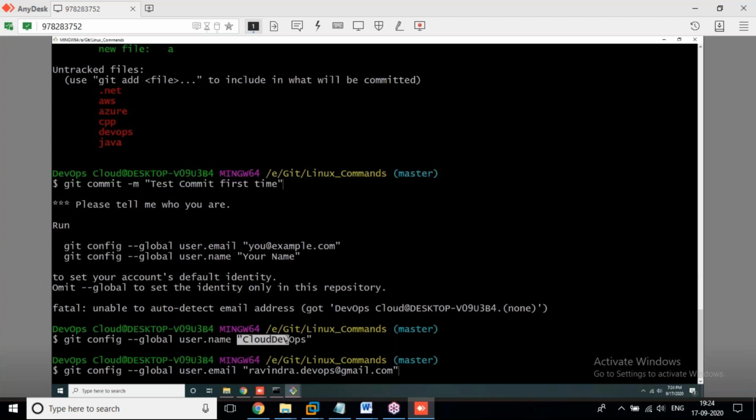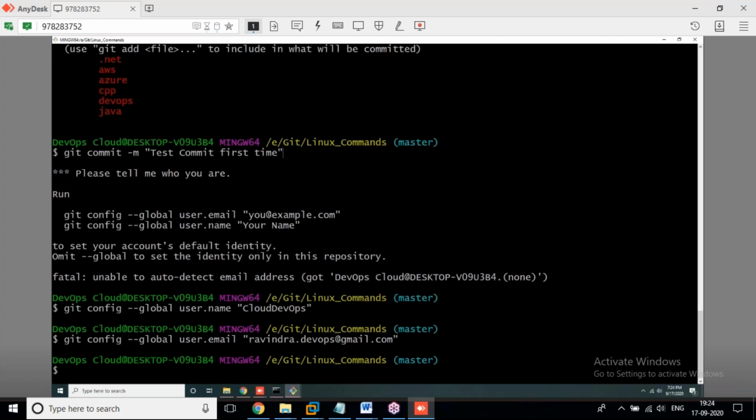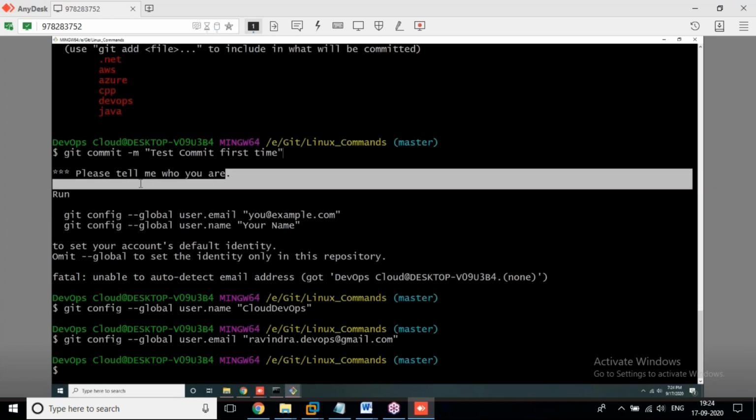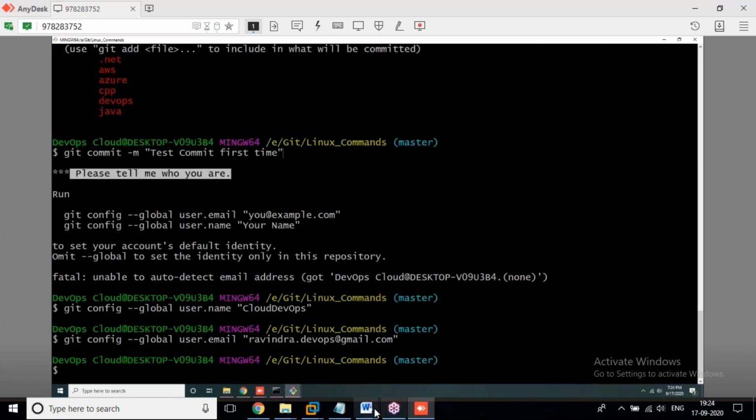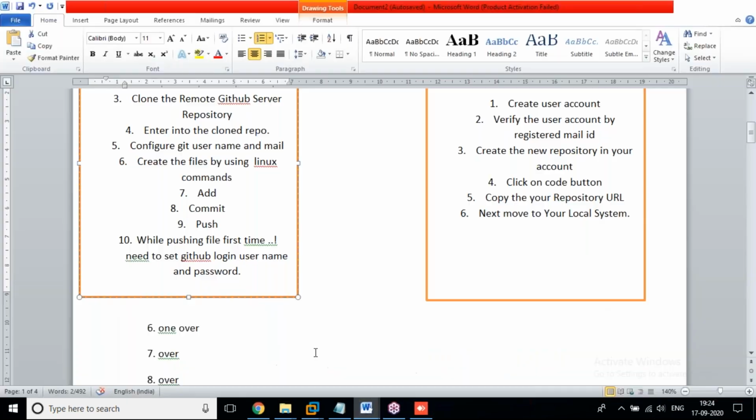Git should not check whatever you are writing within the double quotes. But whenever you make any kind of mistake outside the double quotes, Git will immediately stop the process. Whatever you write within the double quotes, you don't need to consider. Keep in mind. Now press enter. Successful. This process is over. Now we have configured this one. This step is over.